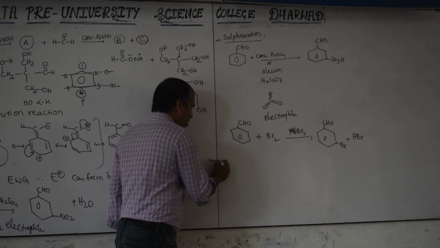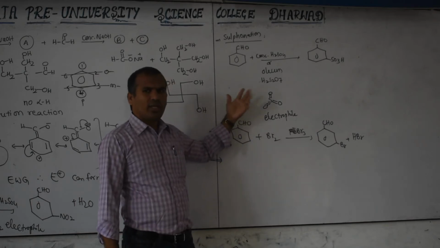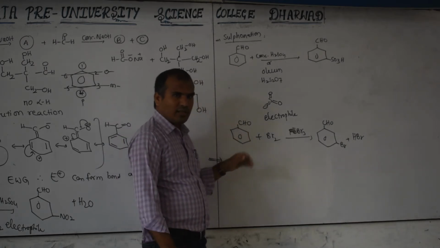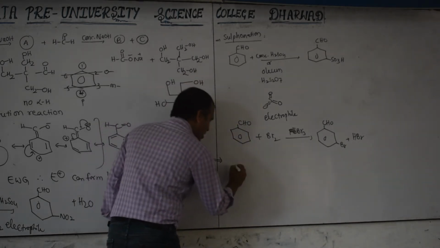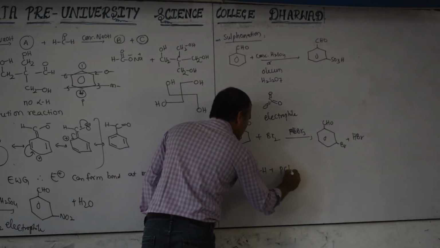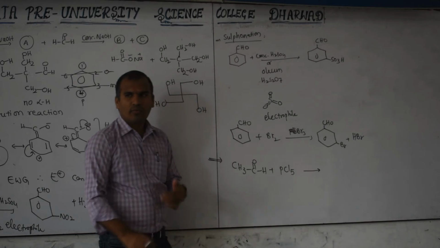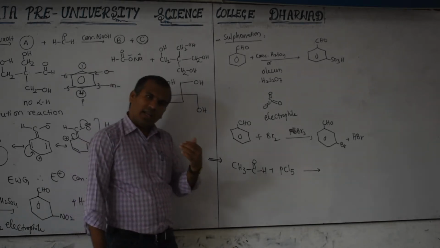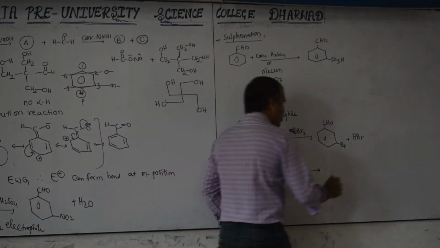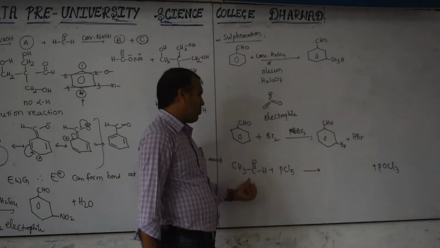Some other reactions are there other than electrophilic substitution. We can write so many examples, but enough of what I have written here. Now take other reactions. Take acetaldehyde. Acetaldehyde reacts with PCl5. Already somewhere I told you about the compulsory byproduct, in inorganic chemistry and organic chemistry also. When PCl5 is there, what byproduct is formed? POCl3. If you remember that, we can write the product.